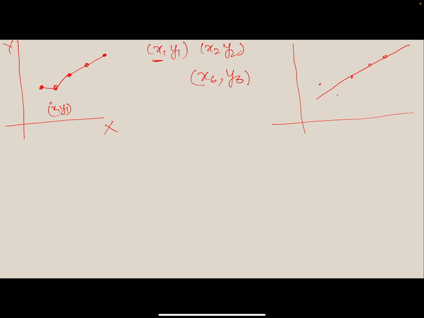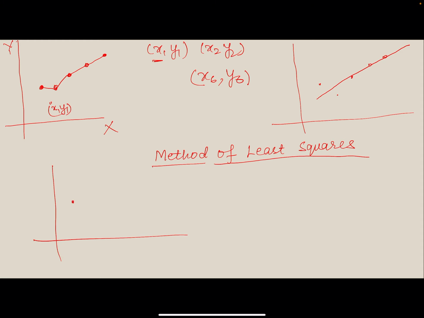Let us move to the fitting of a straight line curve. So we are going to discuss the method of least squares. Suppose the data is given, and suppose these 3 points, and so on, and I am fitting a straight line to this. And there are a few points left, so all these points. This is the x-axis, this is the y-axis.